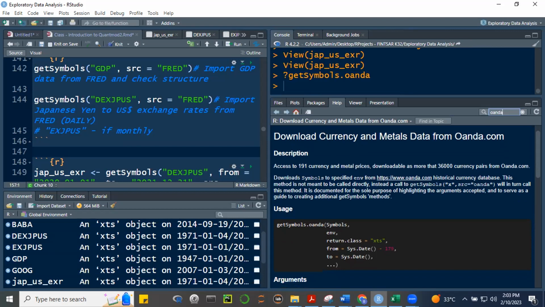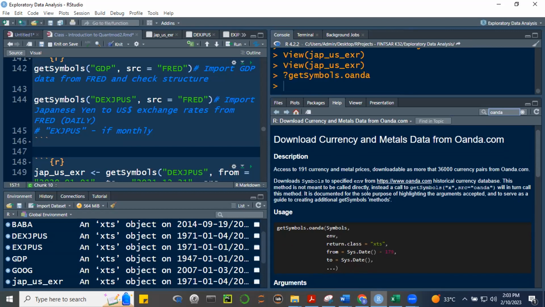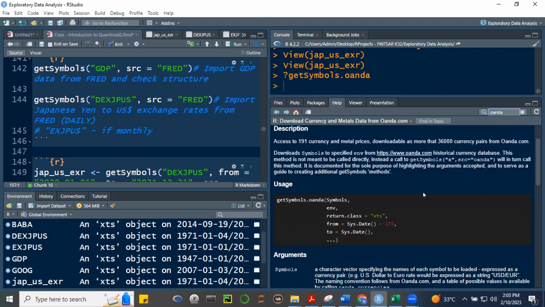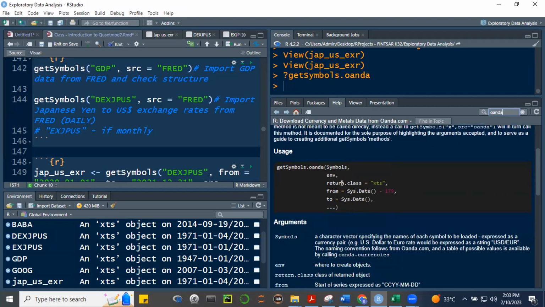The downside here is that what we can download is limited. Only the past 180 days. Past 3 months, so, past 6 months. So if that will suffice for you, then this is a good site. Okay? So this is the syntax, getSymbols.Wanda, and you also have to know the symbols. Okay? And then we can determine the class, it can be xts, it can be zoo,